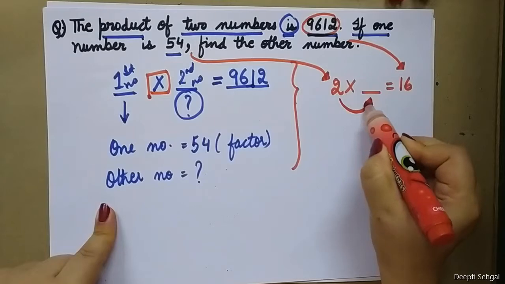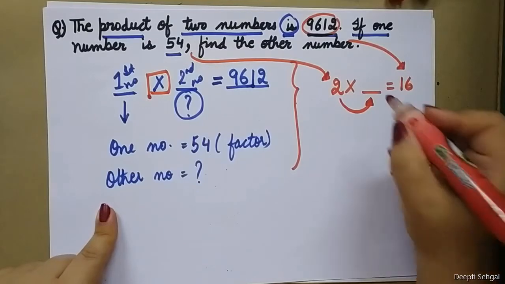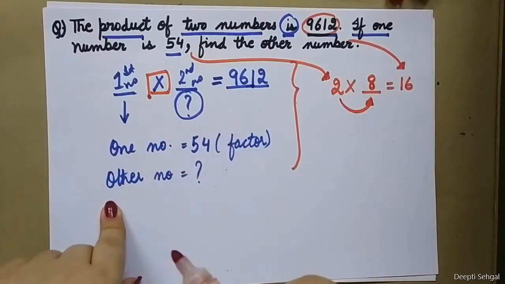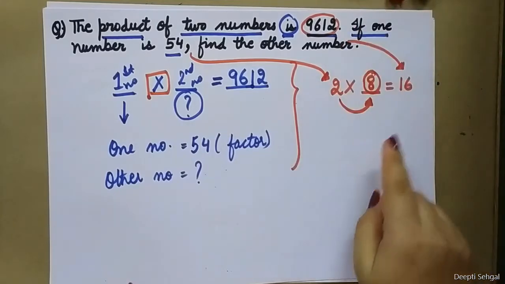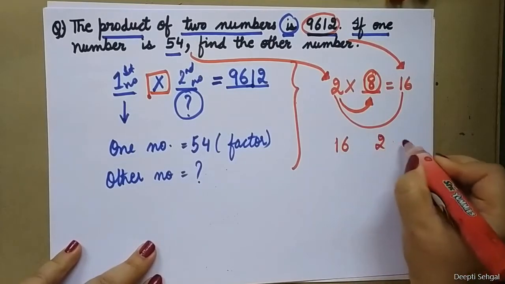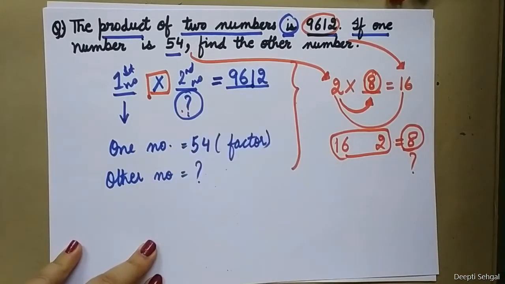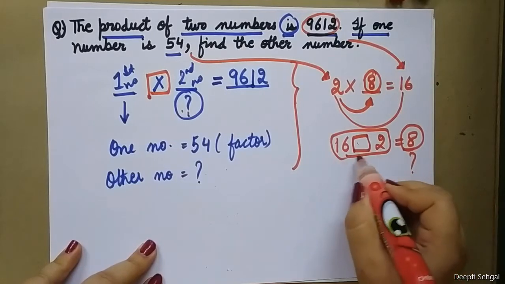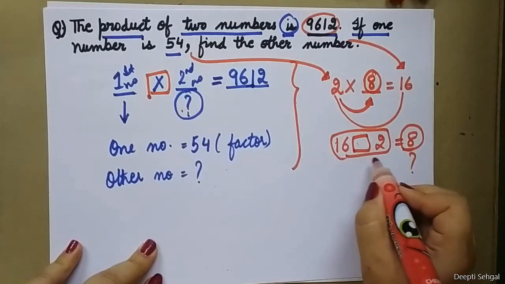Now by what should I multiply 2 with which I get 16? 2 multiplied by 8. Any other way out? So that means we have to see by what we have to multiply 54. And if I have to find 8 and I don't know the table of 2, there is 16 and 2, what will be the relationship between 16 and 2? What should I do with 16 and 2 so that I get 8, because I have to find out 8 here? What can I do? Multiply. 16 multiplied by 2 is 8? No. 16 added to 2 is 8? No. 16 minus 2 is 8? No.